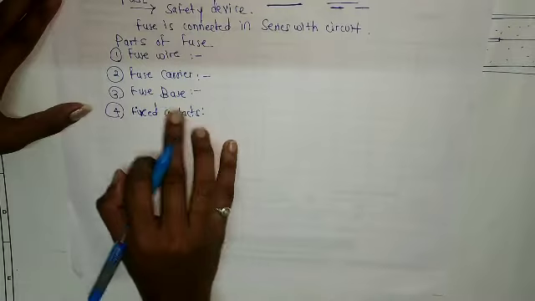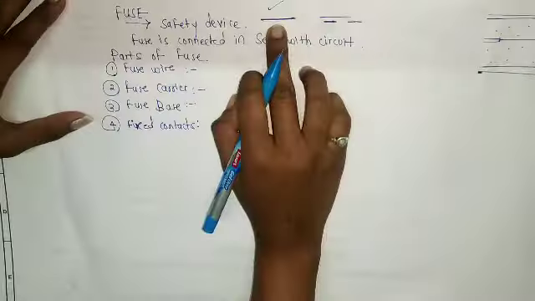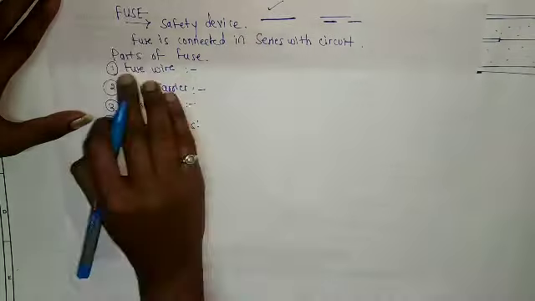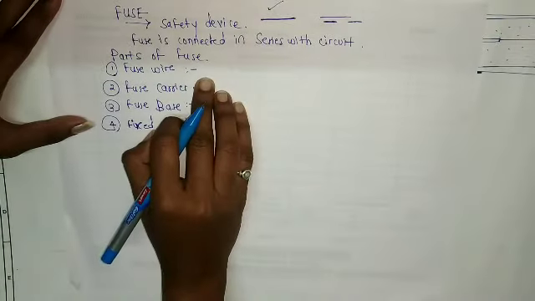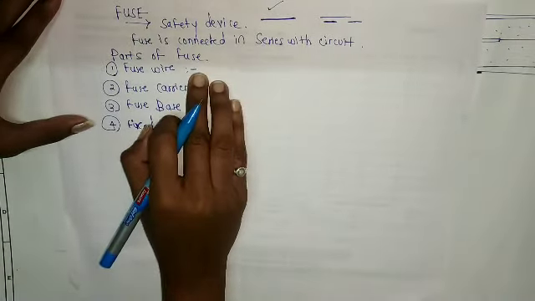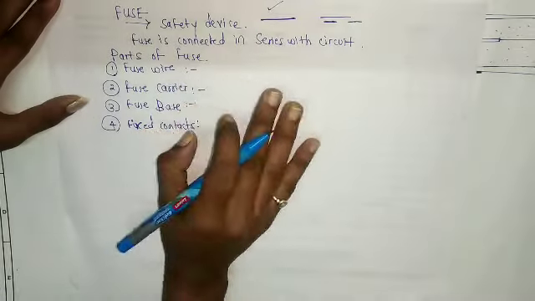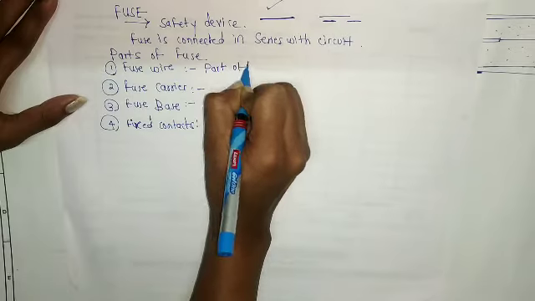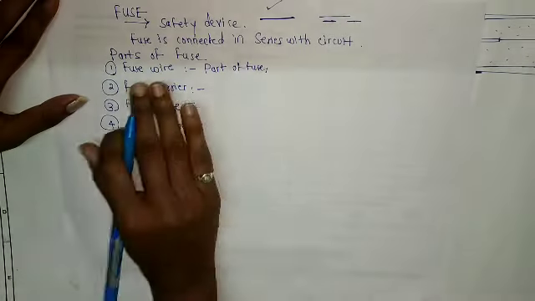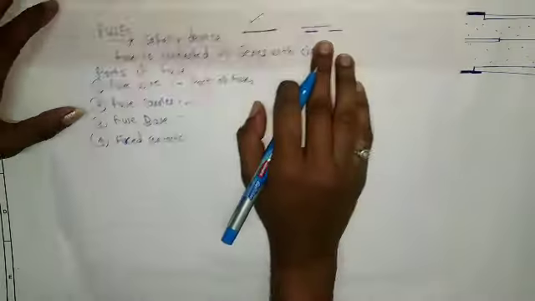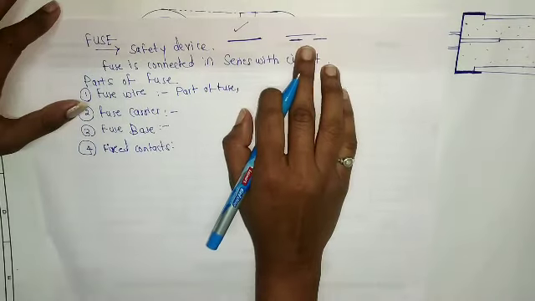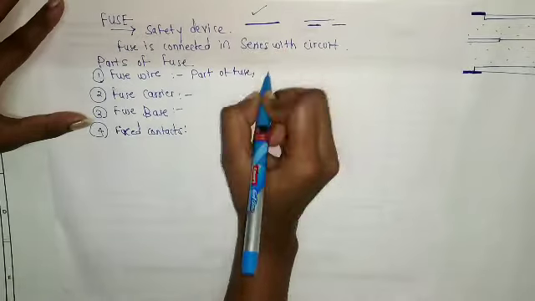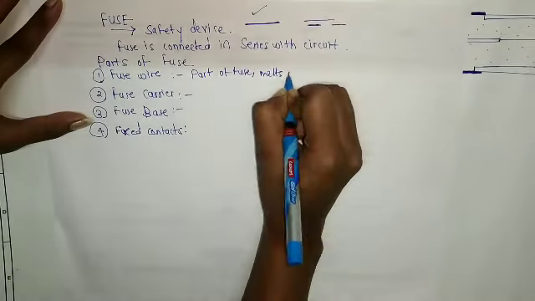What is fuse wire? We have already seen here. This is the fuse wire. So what you have to write here in the fuse wire? It is part of fuse. I will write here just keywords. Part of fuse which melts. Right here I have told you it melts whenever the abnormal current flows through the circuit. It melts when abnormal current